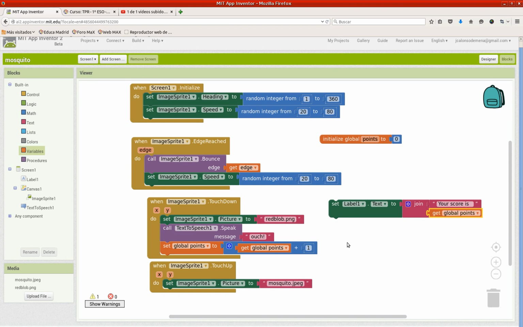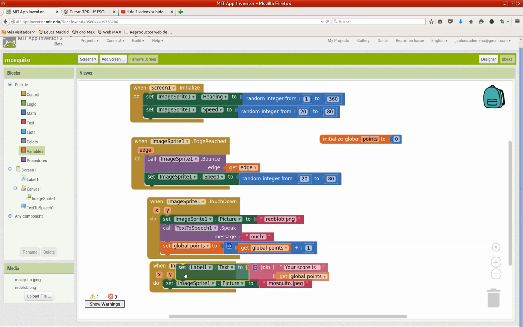That's it. So this group of blocks will display on the label the text, your score is, with the number of points we have completed by touching down the image sprite. So now we put it here,